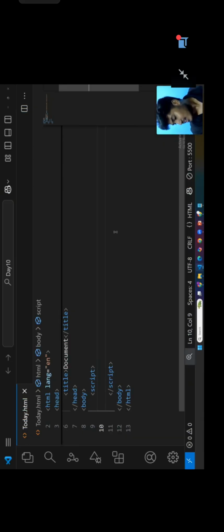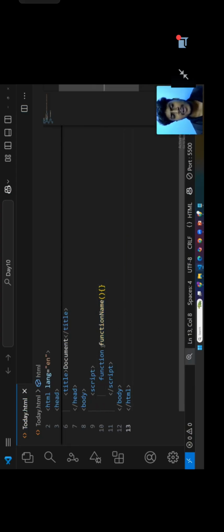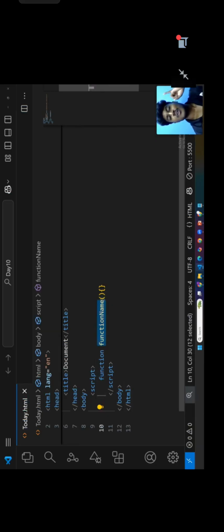So first of all, this is going to be the function keyword, then the function name. This is the basic and common syntax of a function, so kindly note it down. This is our function name. Whatever name you can give, but here you can see